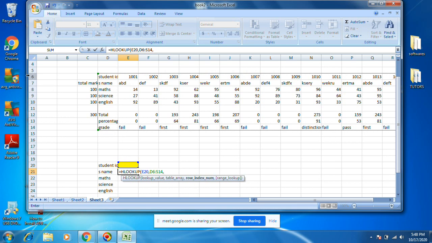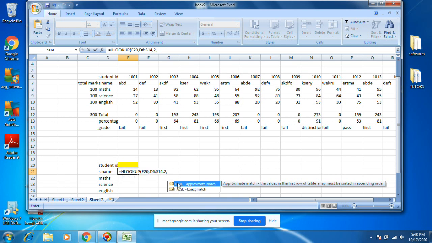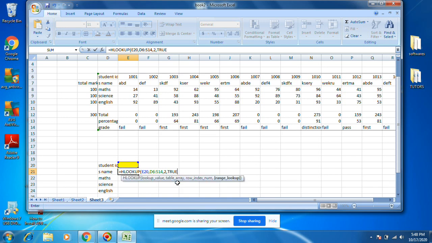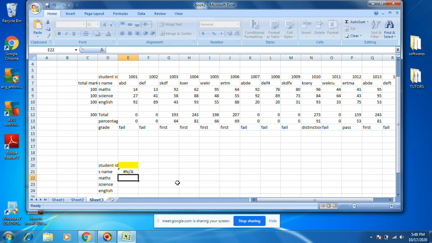S name will be the second row, so we need to put 2. Next is range lookup, true or false. That will be true. We need to press tab.